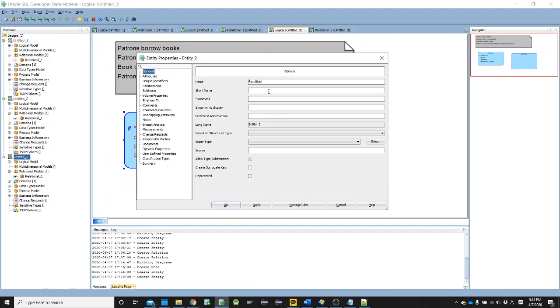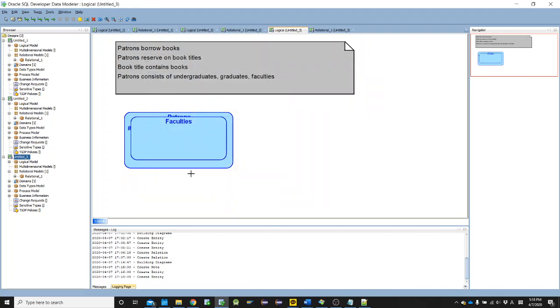And if you want faculties to be a subgroup or child entity of a certain entity, you can find the super type. So faculties is a sub entity under patrons, and if you hit OK, then you will see